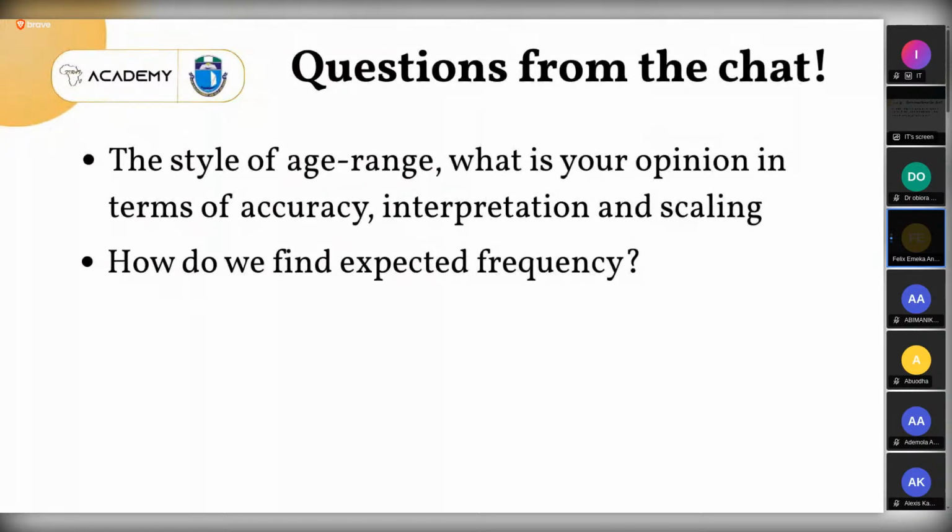How do we find expected frequency? Like I said, I've answered this before. You look for a previous study and look for the prevalence of that previous study based on the outcome you're measuring in your specific objective. This only applies to those that are doing frequent prevalence studies. So if your study is measuring the prevalence of pneumonia or the prevalence of diarrhea among children, you have to find a previous study that measures prevalence. Then that is the prevalence that you're going to input in the sample size calculation.